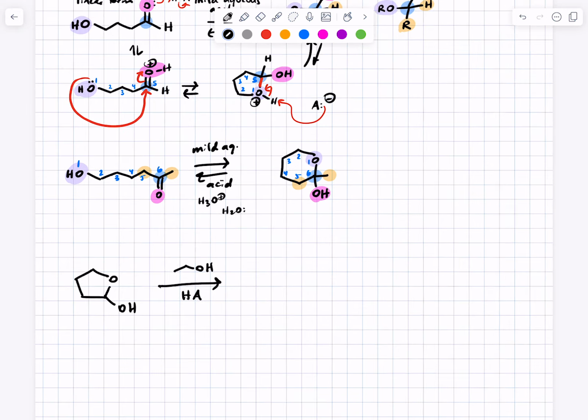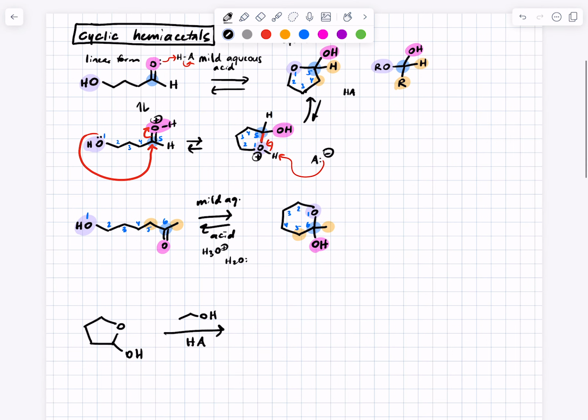And again, some of your ability to deal with these kinds of problems is going to relate to how well you recognize key functional groups. If you just thought that was an alcohol, some of you were thinking, well, maybe I need to do an SN2 reaction or something where I need to replace this OH with this alcohol group. That would be exactly the wrong thing and the wrong mechanism to do, because this is not an alcohol,